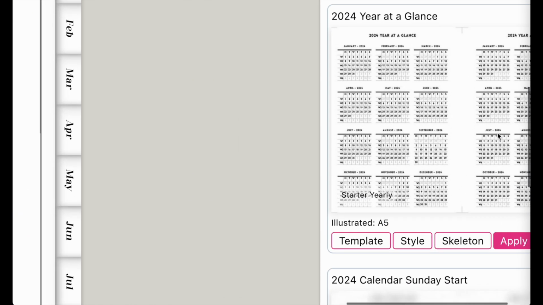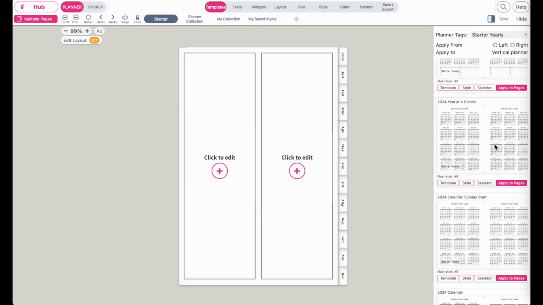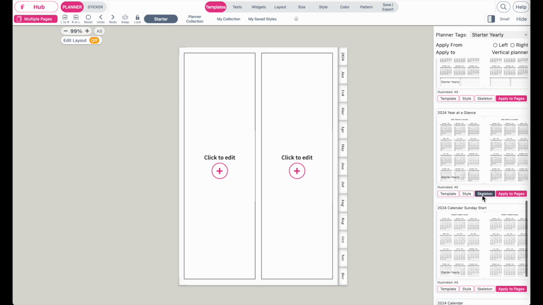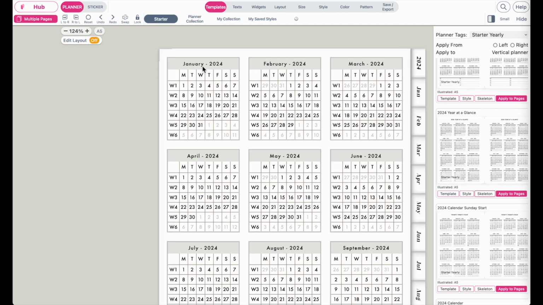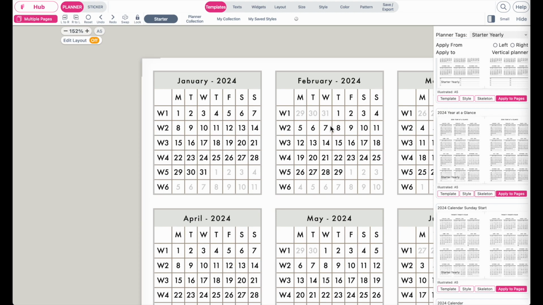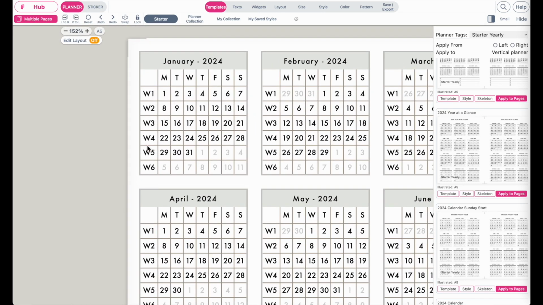It's called Year at a Glance, and this is just a simple calendar which also has the weeks in it. So you can click on skeleton to just import the overall structure of the planner, just like this. And then you see here that every calendar is already set for 2024, and it also has the weeks here